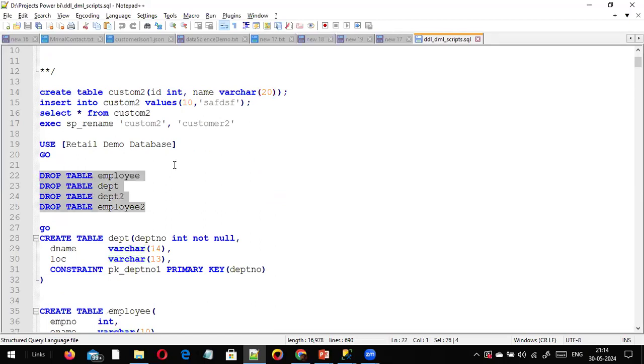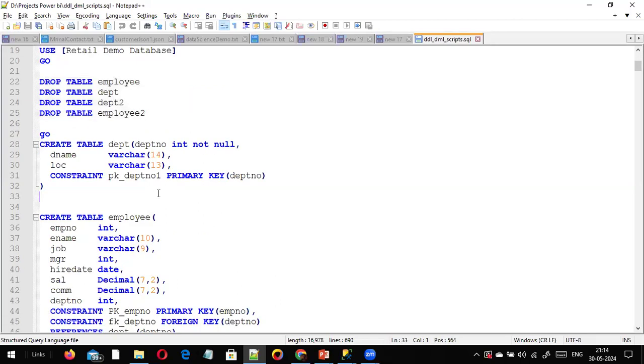But the DBA, the database administrator, when you see their script, when they create the database the first time, they use these tables first. Okay, drop table department, employee table, everything, and then they create the new table. So now, this is the syntax for the table: the CREATE TABLE, followed by the table name, and inside